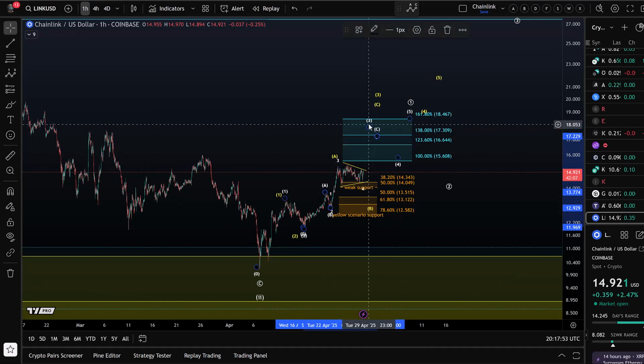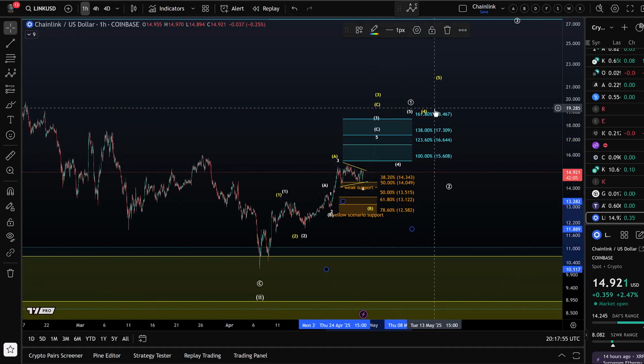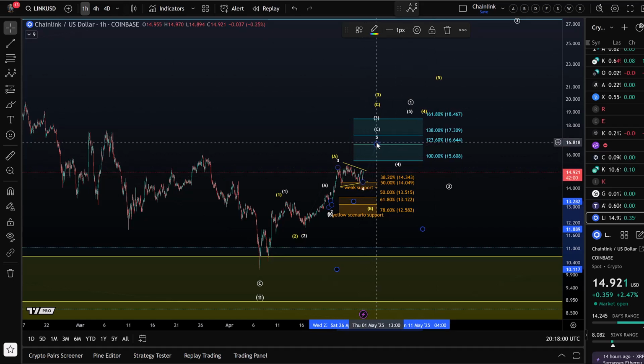I'm just shifting this across a little bit so you can see it better. As you can see, we are still stuck in the midst of a third wave rally, which might get one more push higher into that target area that I just mentioned. And normally a 5th wave should get at least to the 161.8 extension, and that would be $18.46. That's what we want, and that's where we want the 5th wave in circle wave 1 to land.